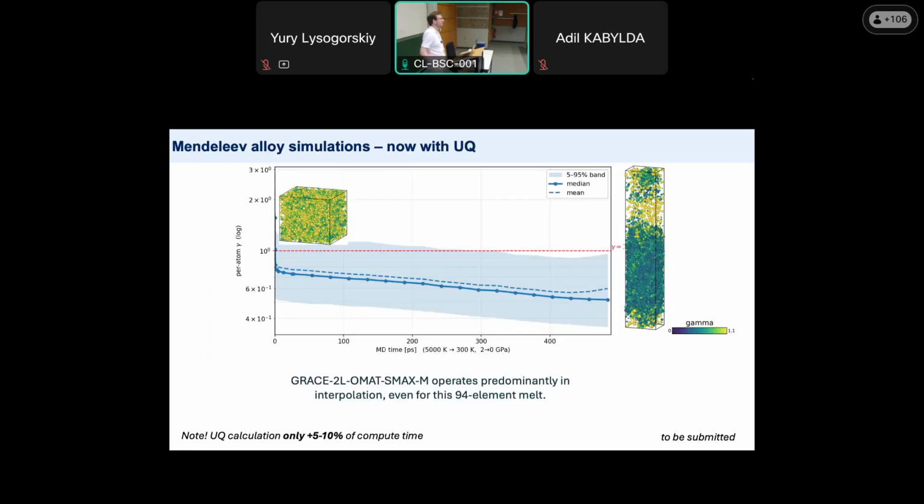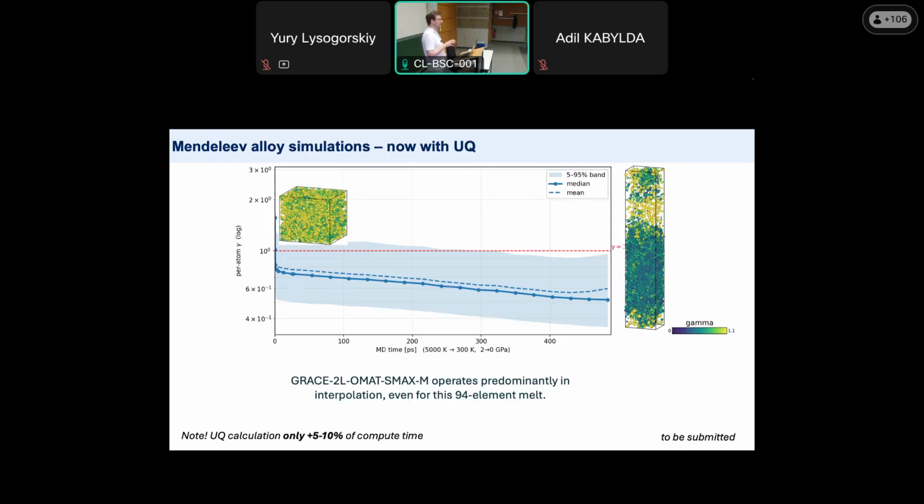Now if we come back to our melt-decay-flow simulation and re-evaluate our trajectory with this UQ model, we can see that except for the very first few steps, when we have totally random configurations above the threshold uncertainty indication, so the first random snapshot was extrapolative, we quickly reach the reliable region by this model, because the SMAX model was trained on a very extended training dataset.